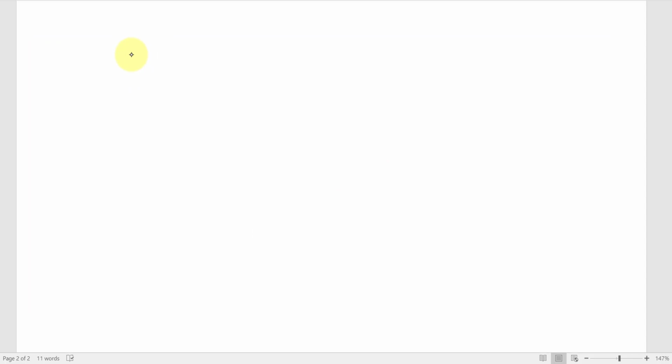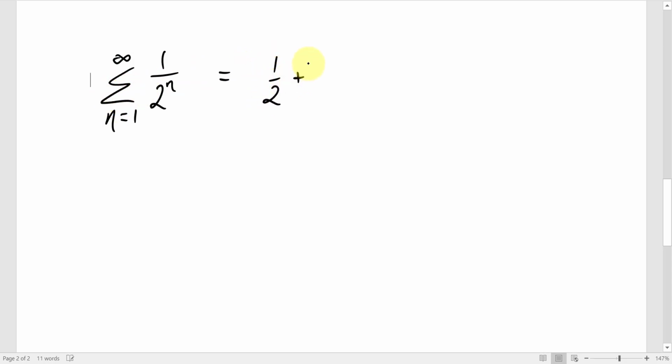Okay, so how about an example? Let's take a classic one that's often used as a first example. Let's take the sum n equals 1 to infinity of 1 over 2 to the n. This is a series because of the sigma, and when I plug in 1, I get 1 over 2, and when I plug in n equals 2, I get 1 over 2 squared, and when you plug in 3, that's 1 over 2 cubed. And so you have this infinite series that is 1/2 plus 1/4 plus 1/8 plus 1/16 plus, and it goes